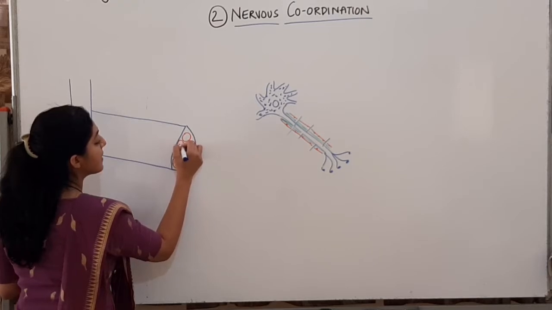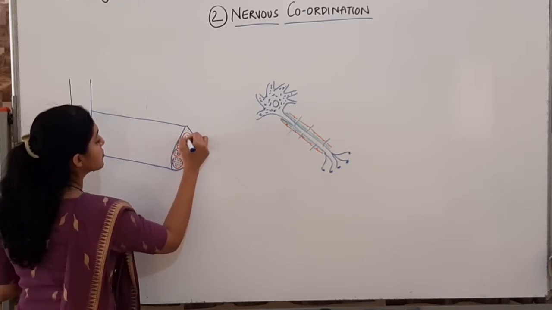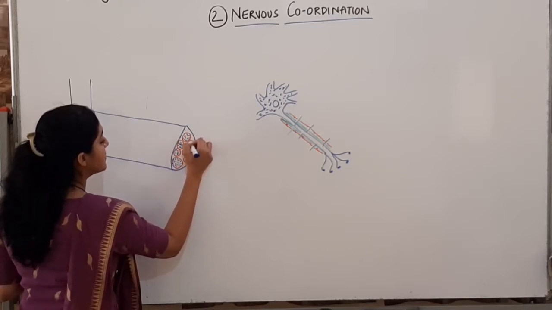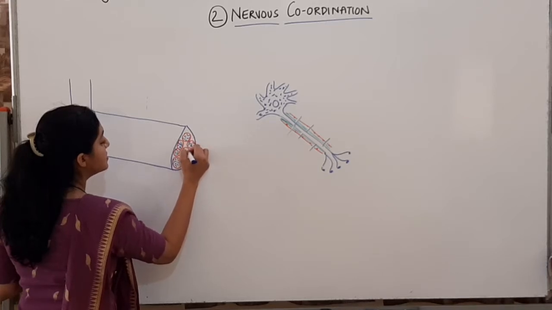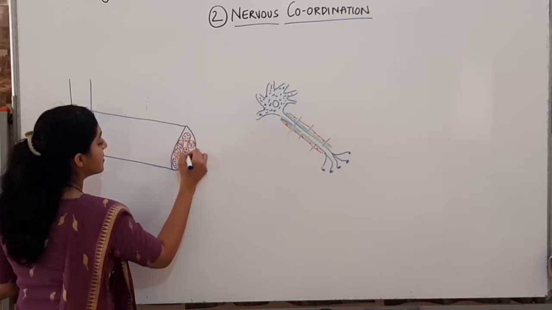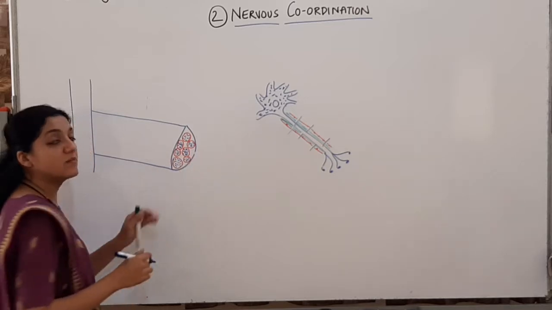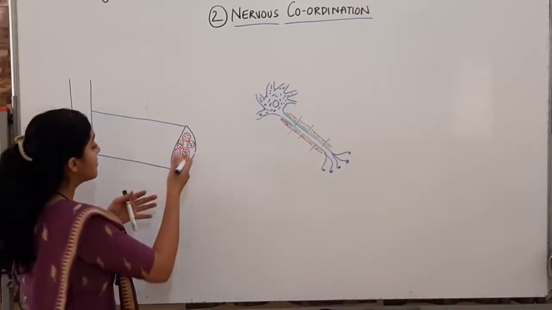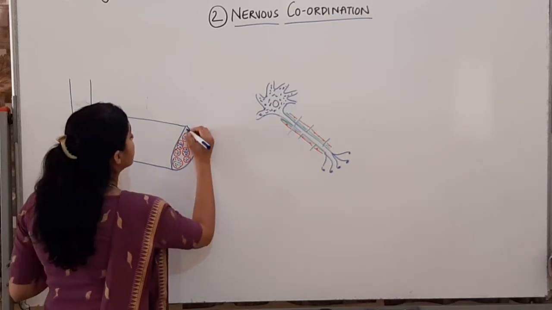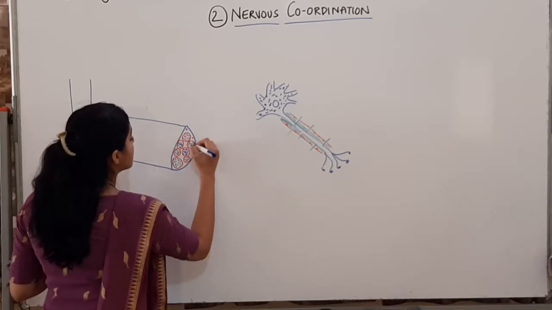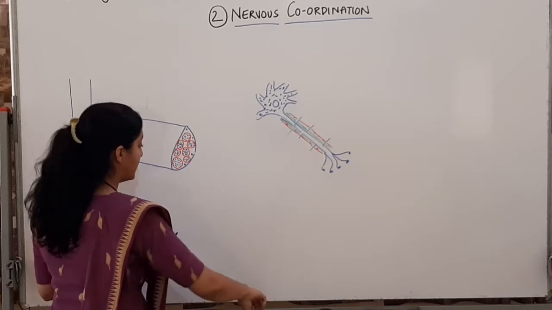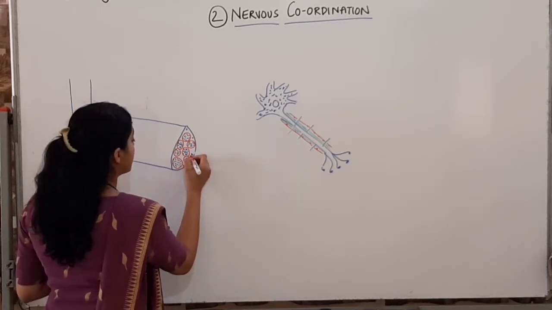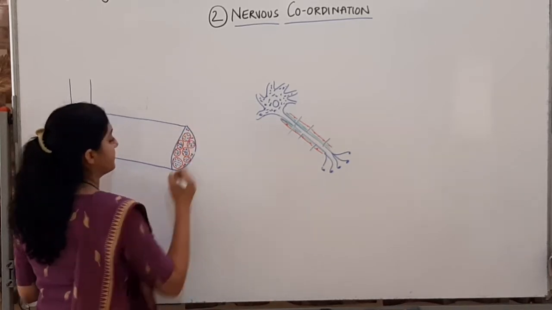So you do this diagram with me, okay? I'm going slow so that you can do the diagram with me. It's going to have bundles of nerves. Apart from this, it will also have its arteries, its veins. So here there will be blood vessels. You will have the veins and the arteries along with them. Blood vessels will be there to supply the nerve.